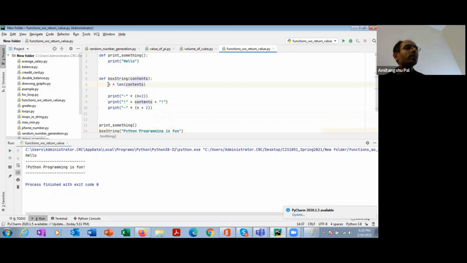Clear? So it is first calculating the length, and then it is repeating dash n plus 2 number of times. Why? Because n times for this many characters, and in addition to that there are 2 more characters. So a total of n plus 2 times it is printing at the top as well as at the bottom, and then in this line it is printing this concatenated with the contents concatenated with this. Instead of this you can print this line.